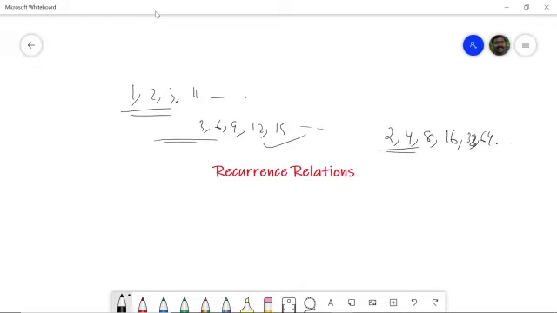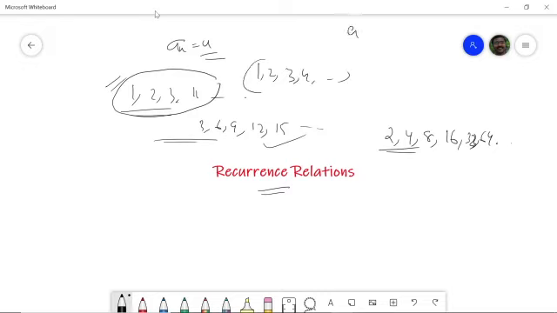Now, what do we mean by recurrence relations? Before that, there are many ways you can list out the sequence of terms. One way is to just specify the terms of the sequence, or you can give a relation stating the formula for the nth term of the sequence. For example, the nth term can be written simply as a_n = n. Or you can give a formula in which the next term is obtained from the previous terms of the sequence. For example, if you consider the sequence 1, 2, 3, 4, etc., you can say that the a_(n+1)th term is obtained by adding 1 to the a_nth term. So there are many ways to list out the same sequence 1, 2, 3, 4, etc.